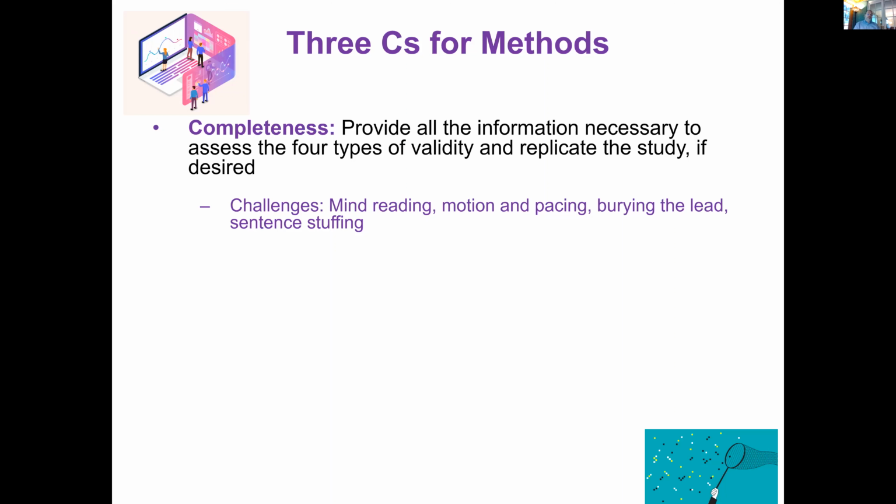The first C is completeness. You need to provide all the information necessary to assess the 4 types of validity in a method section, and to replicate the study if desired. So that's our goal, to have a method section that's sufficiently complete that people can try to replicate what we did and have a reasonable shot at being able to do it without necessarily having every twist and turn provided. So some of the challenges in being complete in our discussion that I see in a lot of papers,